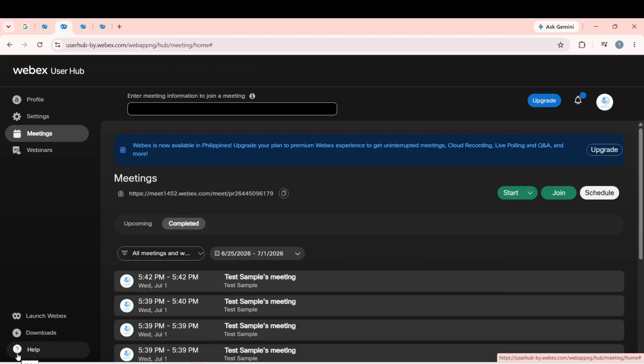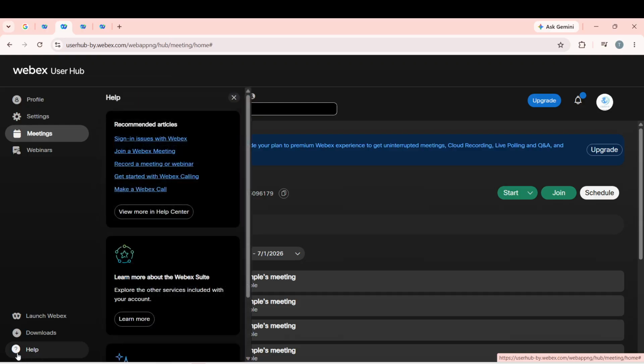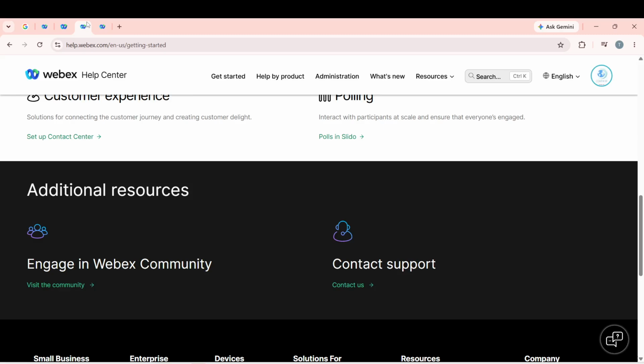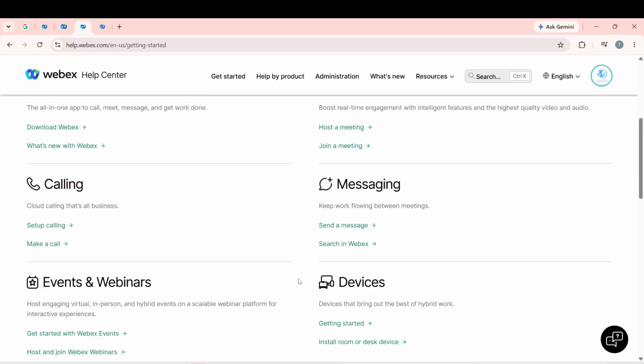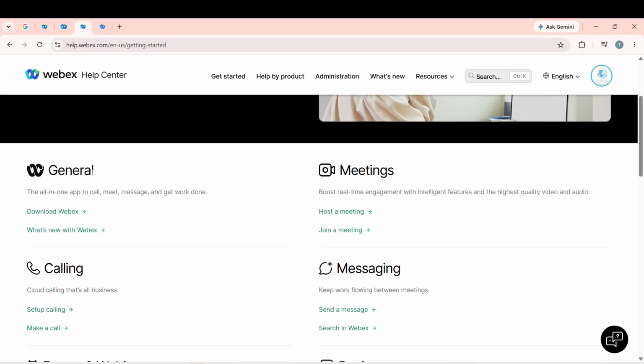Next up, look for the help icon on the WebEx homepage. It often resembles a question mark or a life buoy. Click on this help icon. From there, select the option that says View More in Help Center. This action is significant because it opens up a wealth of information designed to assist you in using WebEx efficiently. You should see a list of articles and resources available for your perusal, making it easier to resolve common issues